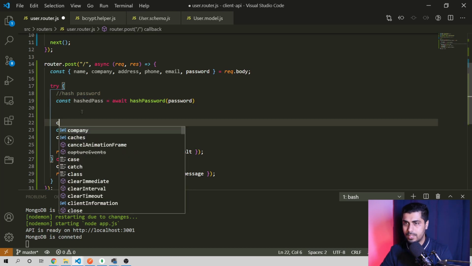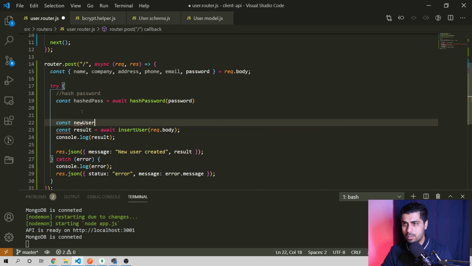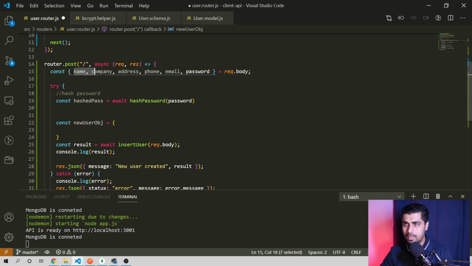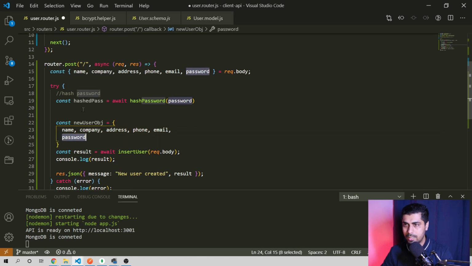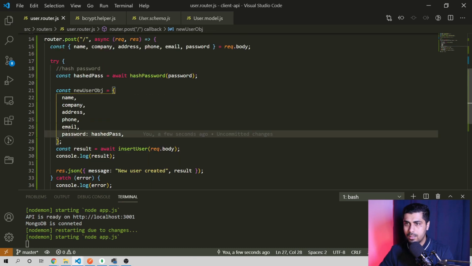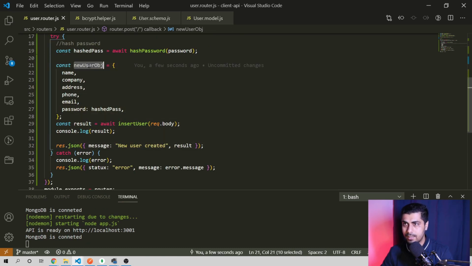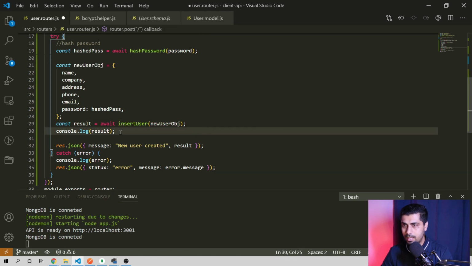And now let's create a new object called new user object, which will hold all the data coming from the client, except the password. Instead of the plain password, we send the hash password here. And we create it as an object here. And now instead of the requested body object, we can send our new user object to the insert user function. And now when we save it,